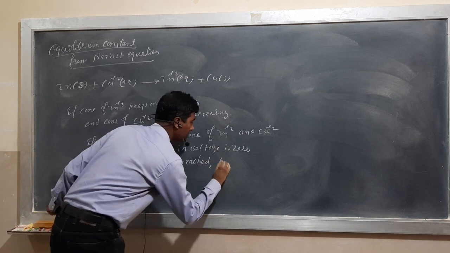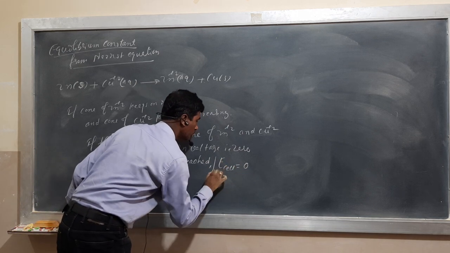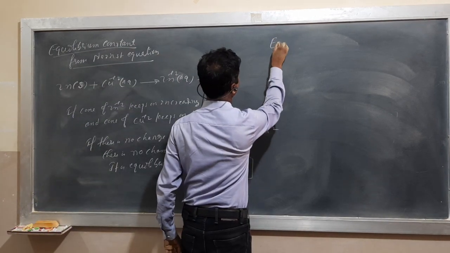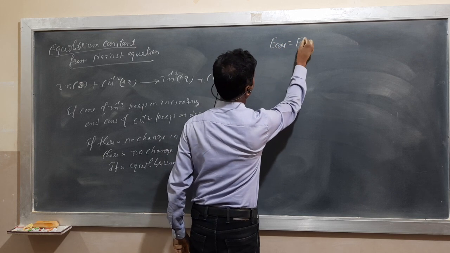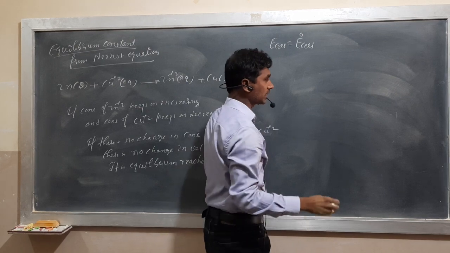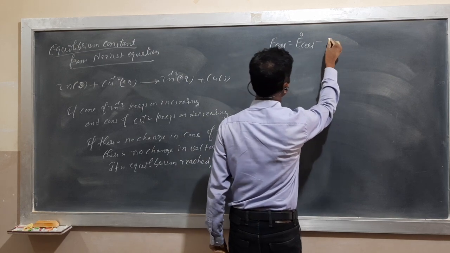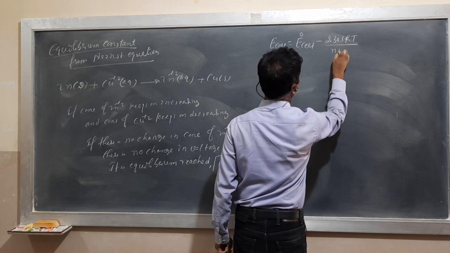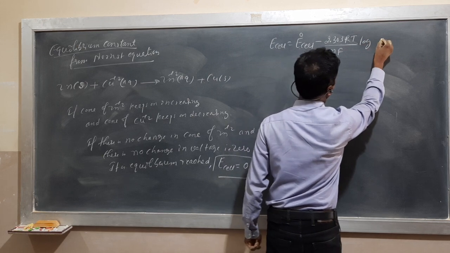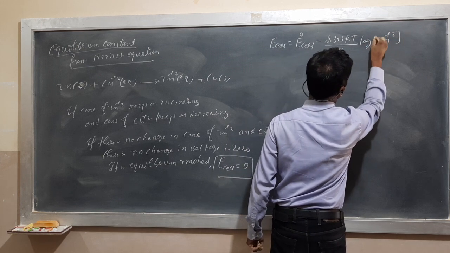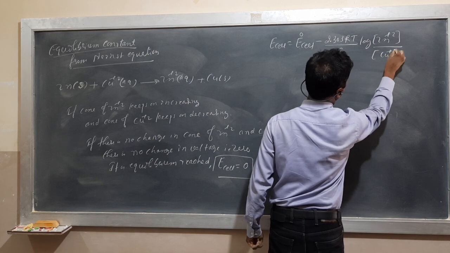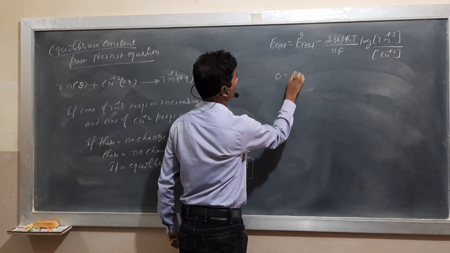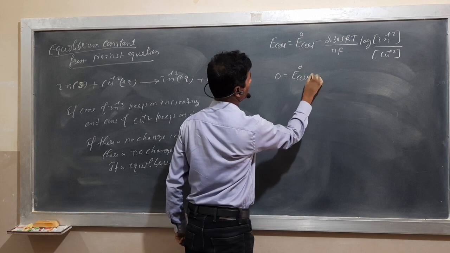Equilibrium reached is nothing but E of cell equals 0. So according to the Nernst equation, E of cell is equal to E naught of cell minus 2.303 RT divided by nF log of Zn 2+ divided by Cu 2+. E of cell is 0, so 0 equals E naught of cell minus